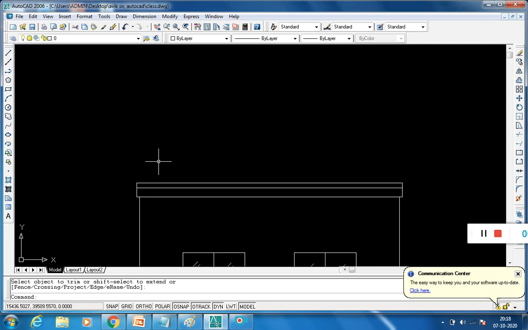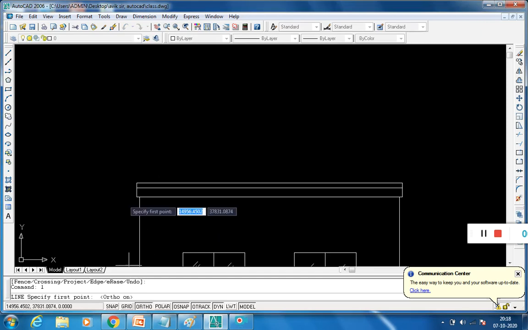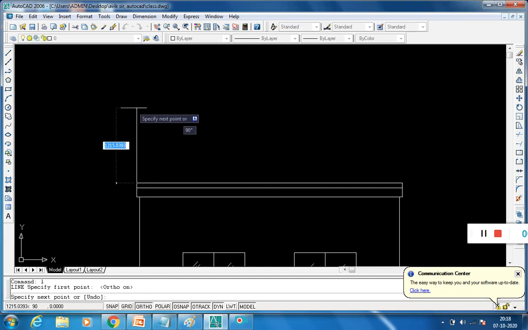So the height of the parapet wall is 900 mm. Again use the line command, switch on the ortho mode, and this is 900.